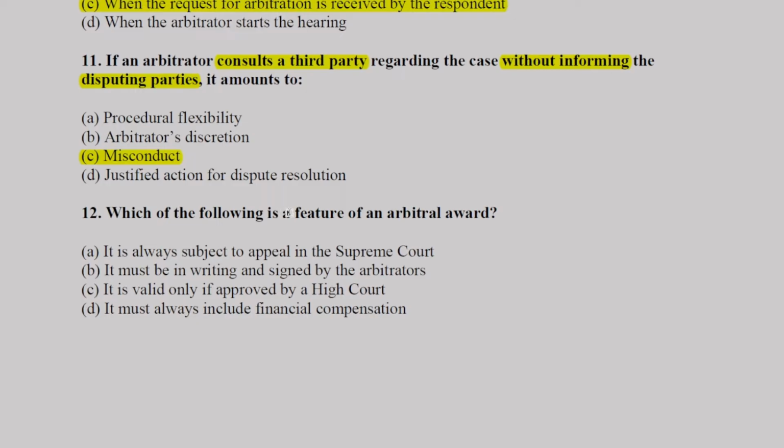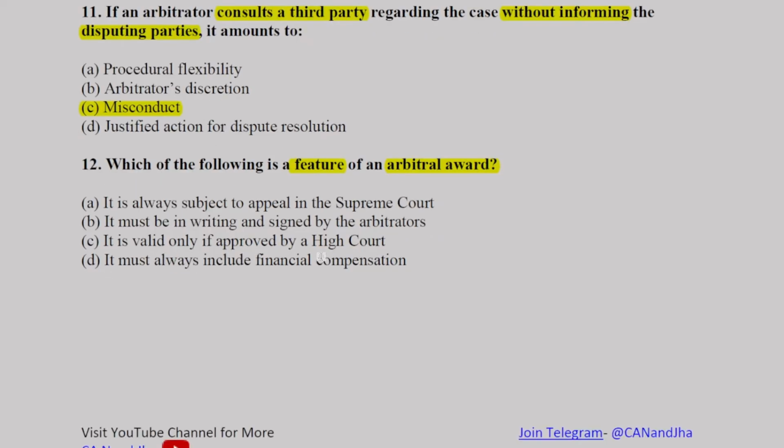Which of the following is a feature of an arbitral award? It is always subject to appeal in the Supreme Court, no. It must be in writing and signed by the arbitrator. It is valid only if approved by the High Court. It must always include financial compensation. So the answer will be